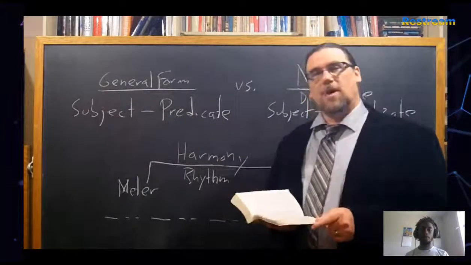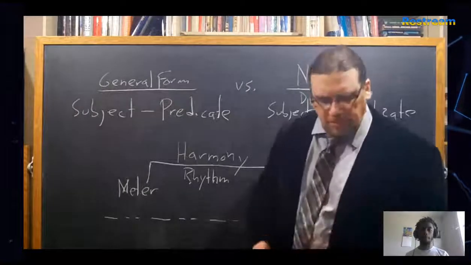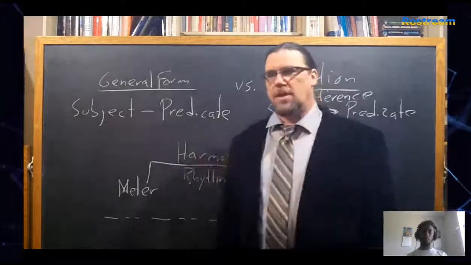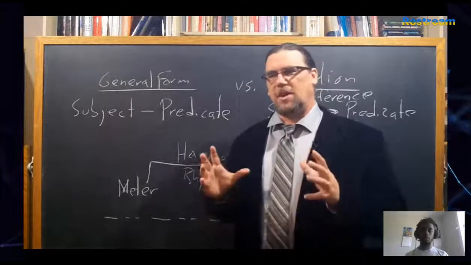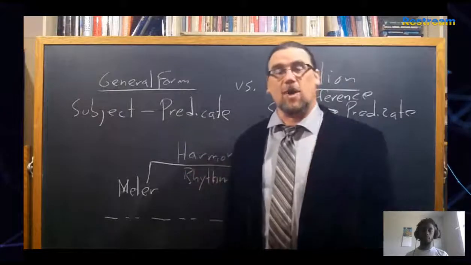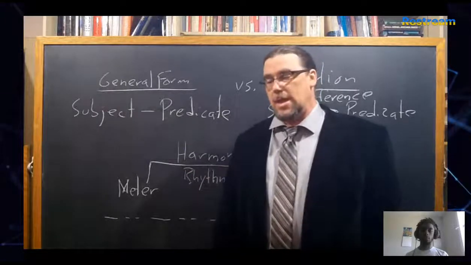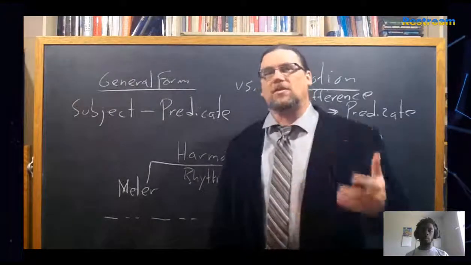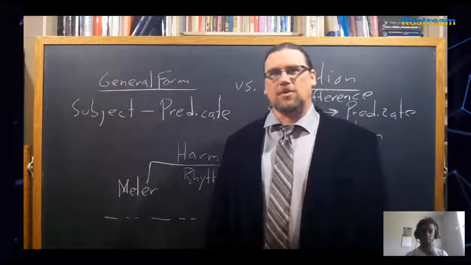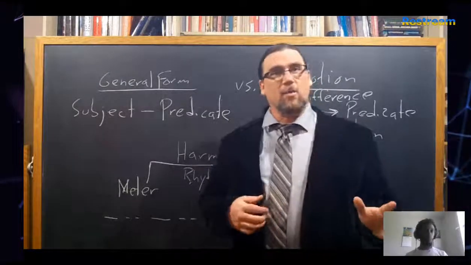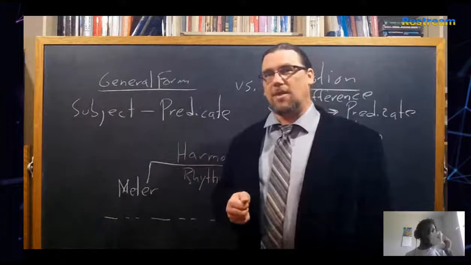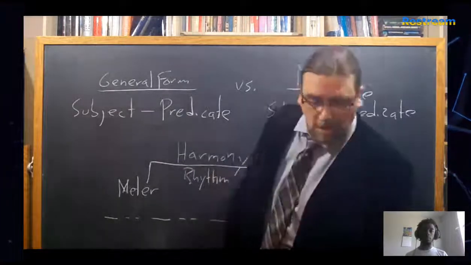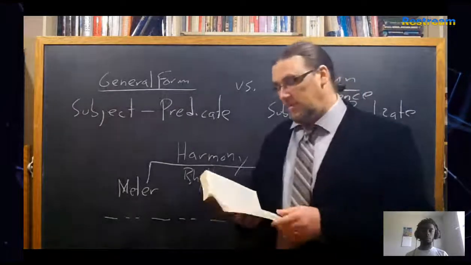Now he says it's destroyed by the speculative proposition. So this seems to imply that there is something out there called the speculative proposition, the speculative Satz. Satz is proposition or sentence, and that's not actually going to be the case. We might say better the speculative handling of propositions, because as we're going to see a little bit later on, we can't completely get away from this. We can't get away from grammar. We can't get away from using words in ways that are familiar to us, even while we're doing speculative philosophy.